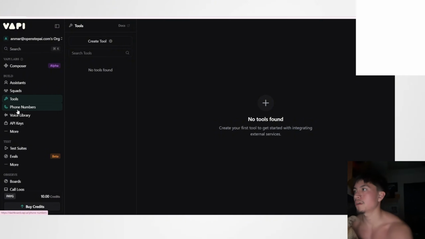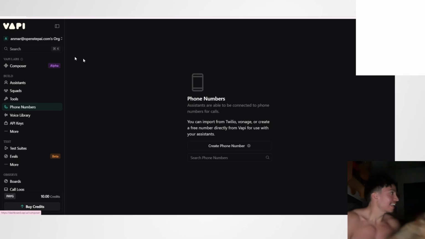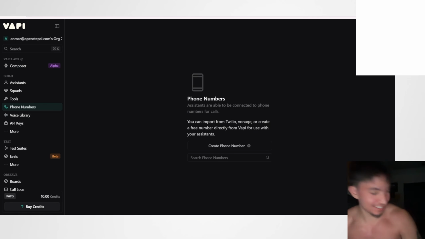Right under it, you have a tab for phone numbers. What do you think this one's about, Miles? I think that's the tab where you'll be keeping your phone numbers. Oh my god, it's almost like it's magic, bro. It's so easy. Like it's self-explanatory. This is where all your phone numbers are gonna be for your Vapi organization. Okay, you can have as many phone numbers as you want. You can actually get a bunch of free phone numbers from Vapi. They allow you guys 10 free phone numbers that you don't have to pay for, and you can import phone